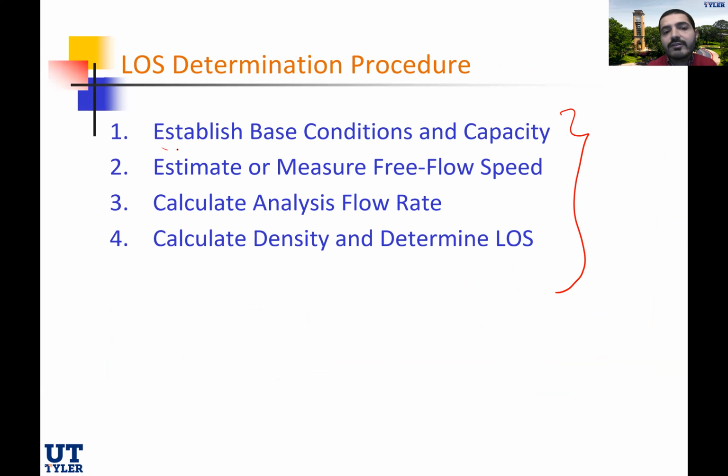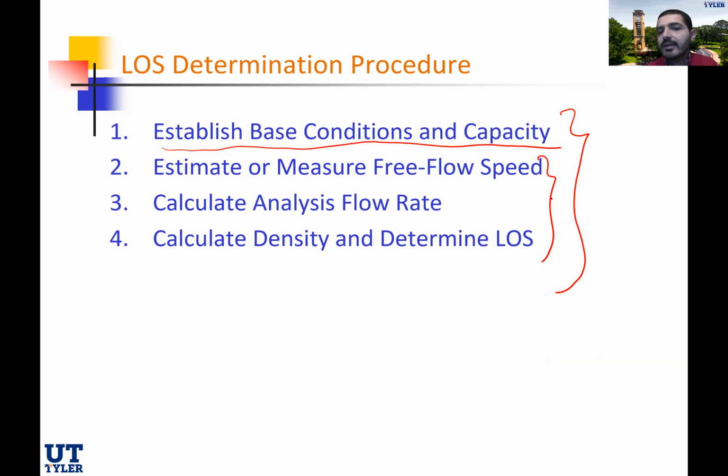The first thing you need to establish is the base conditions and capacity for a multi-lane highway. What are really the ideal conditions? If I were to satisfy all of them, I don't have to do any calculation, and the highway will be determined as level of service A. If at least one of them is not satisfied, then you need to go through the other three steps to determine by calculation the level of service for the